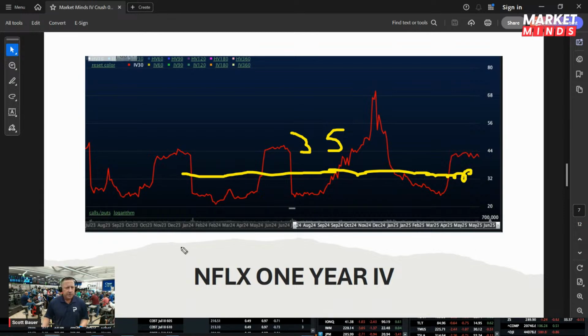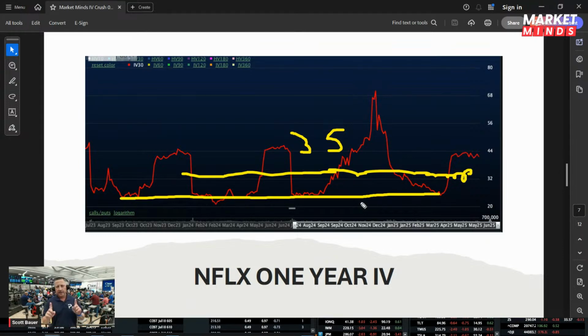Okay, good. So if we look at this chart still, we know when vol gets down here, that's a time to buy volatility in Netflix. Now, buying volatility doesn't mean you're bullish or bearish. In fact, you could be neutral. You could be bullish, bearish, or neutral. What it means is buying premium. That premium could be on the put side, it could be on the call side, it could be a combination, whatever it is. But we know when implied volatility gets down there, okay, it's a buy.